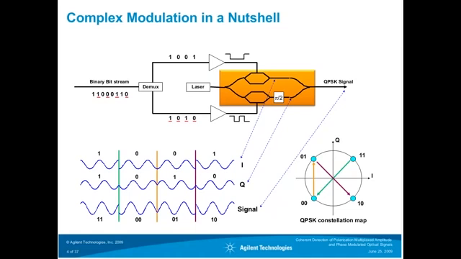And these analog signals for the demultiplexed bit streams are then encoded using a double Mach-Zehnder structure. So there's one Mach-Zehnder modulator over here, and there's another one down here. There's a pi-half phase shifter, so that the signals coming out of the Mach-Zehnder modulators are shifted by pi-half with respect to each other, and then those two signals are combined, so you end up with a QPSK signal.